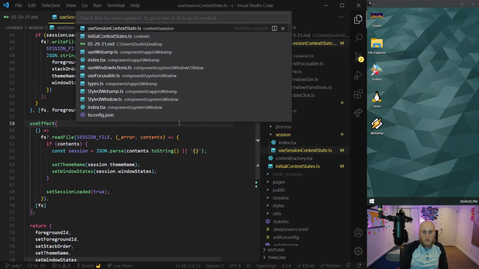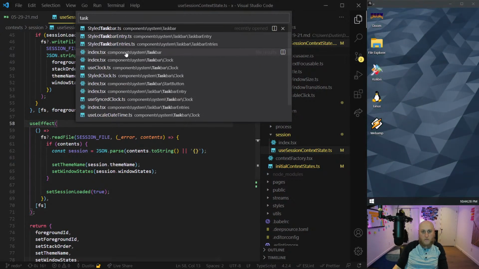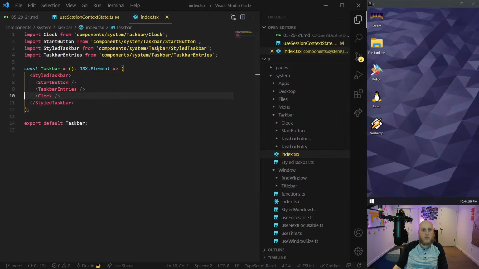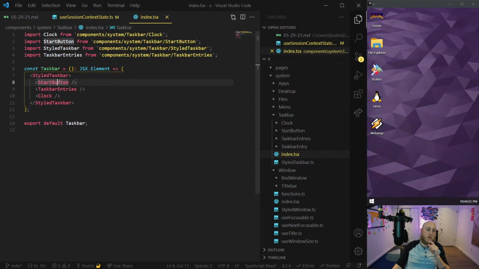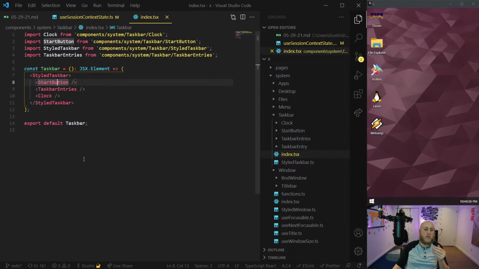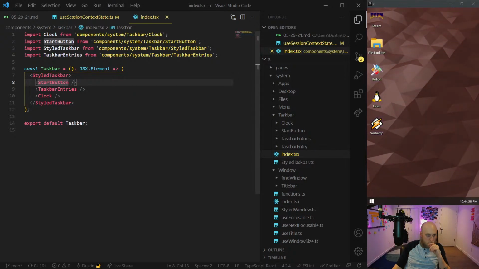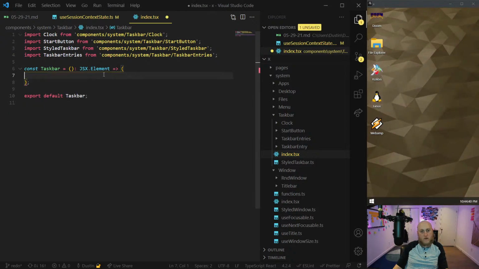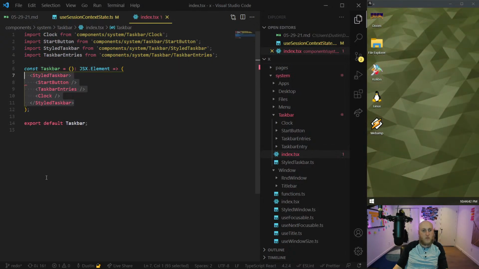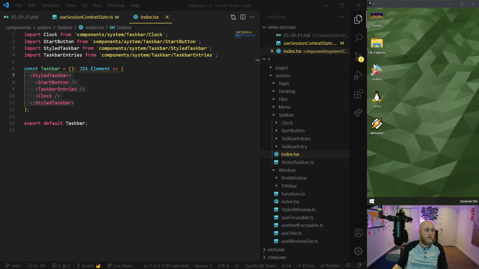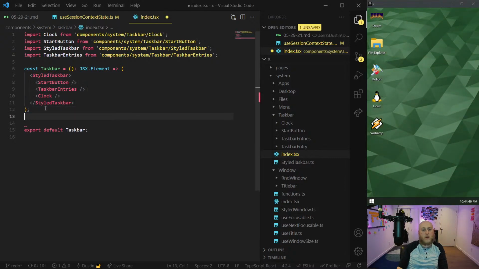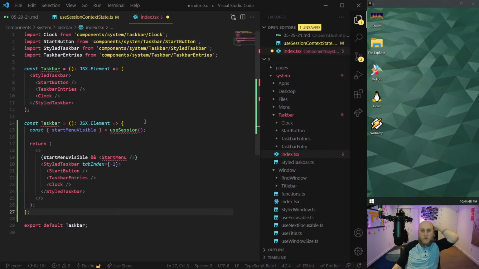Okay, so next thing is the taskbar. It's the next file I noticed I changed. Okay, right. So here's where the start button is. So here's where we get into that thing I was saying where I want the start menu to be outside of the start button. So what I'm going to do is I need to turn this into a function, first of all. Actually, I'm just going to copy what I wrote and we'll just compare. It's easier than me retyping. So here's my modified version of it.